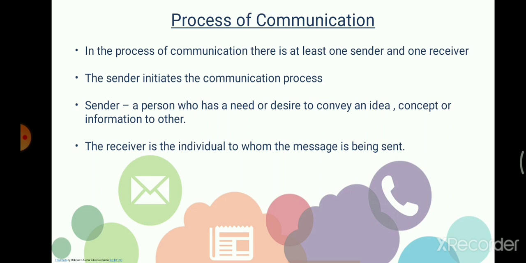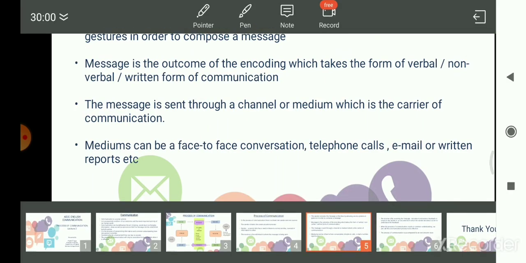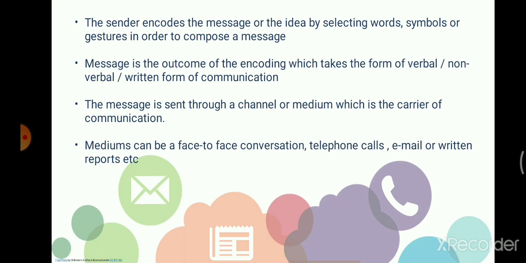In the process of communication, there is one sender and one receiver. The sender is the person who is trying to send a message to the receiver, and the receiver is the person to whom the message is being sent. The sender is trying to send a message which can be in the form of an idea, concept, information. Now, how does the sender send the message? He encodes the message by selecting words. It can be symbols. We have talked about what symbols are, we have talked about what gestures are, and he composes a